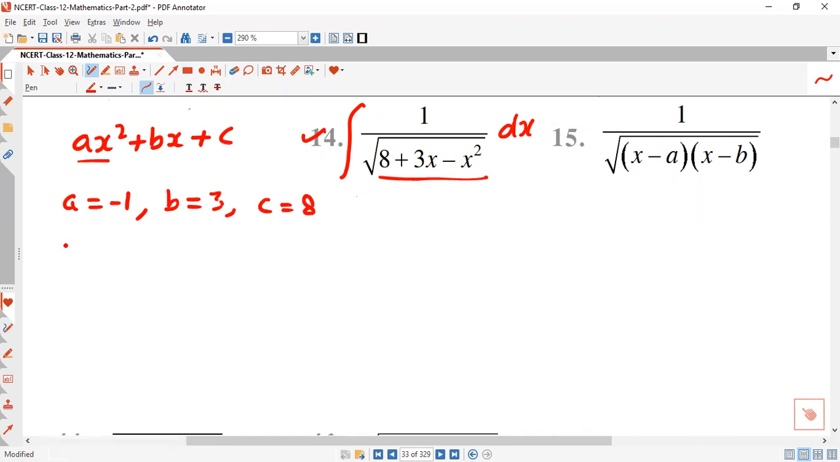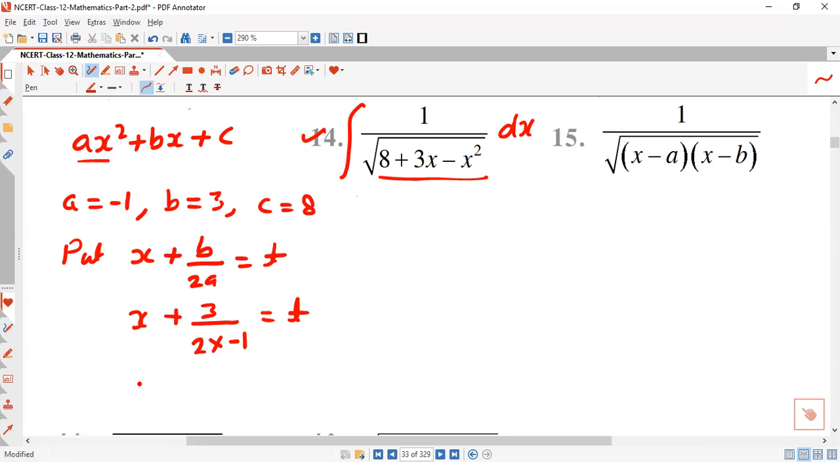All right. Now in these questions we put x plus b upon 2a equal to t. So we are putting this value b upon 2a equal to t. Put the value: x plus b, b is here 3, a is here minus 1, equal to t. So x minus 3 by 2 equals t. Right, so this integration becomes integration dt divided by under root,